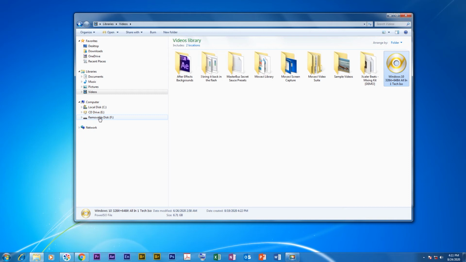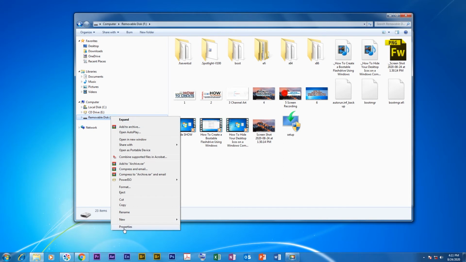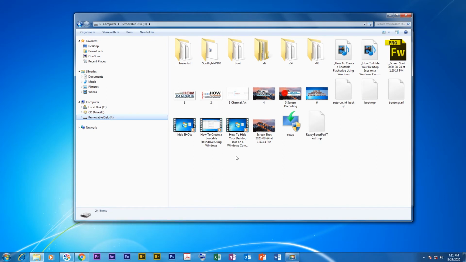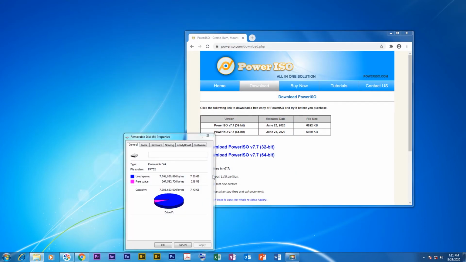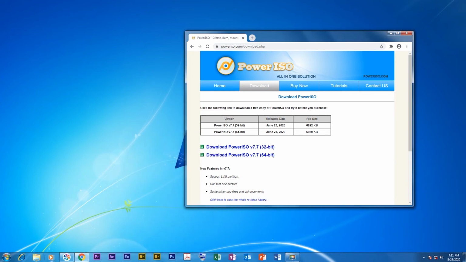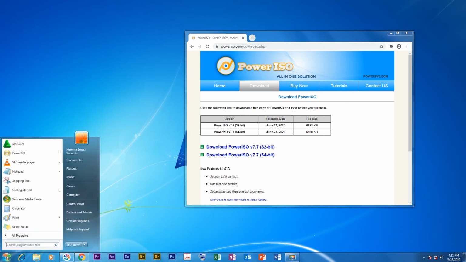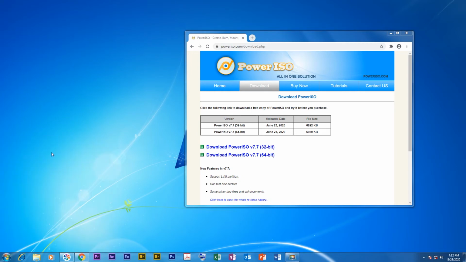Okay, so once that is in place, my flash drive is connected here. As you can see, removable disk F, and if I right click on it, you can see that it's 8 GB. As you know, it doesn't really show exactly 8 GB, but you can see that this is an 8 gig flash drive. So first things first, I have my Power ISO installed. I can show you from the taskbar. Here it is. Once that is installed, I'm now ready to create my Windows 10 bootable